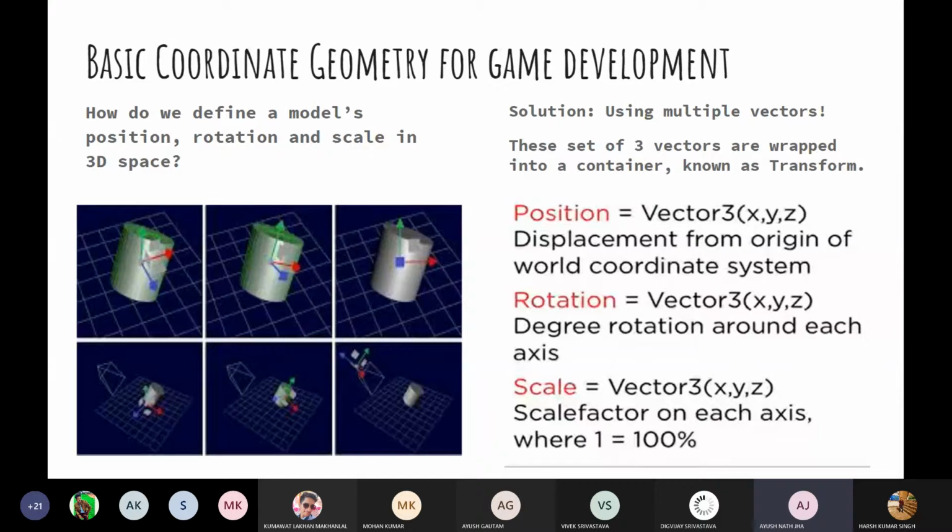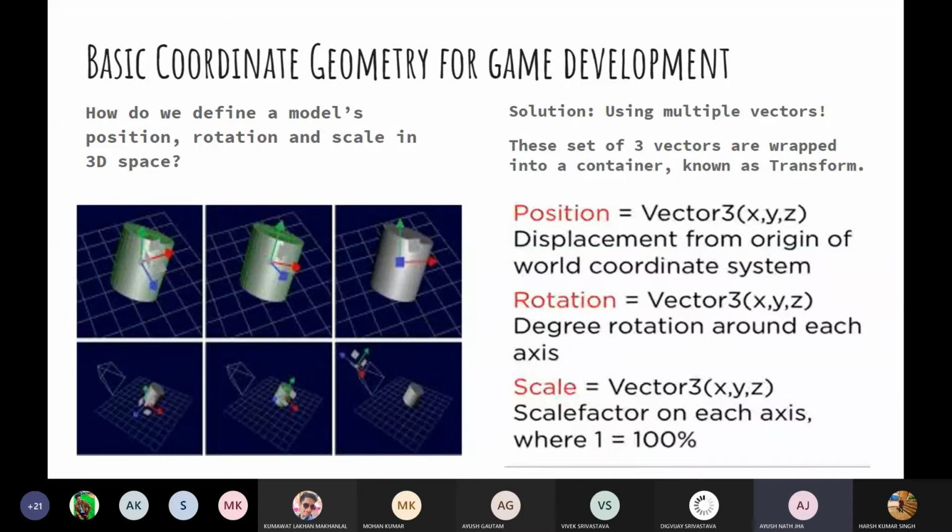One is along the length, and the other two are along its circular ring. So we can define the rotation of this 3D object along any of its axes. And the scale is basically the size of this object, like what its length and radius are for a cylinder, and for a cube, what its height, length, and breadth are.